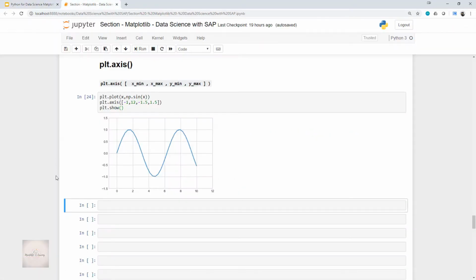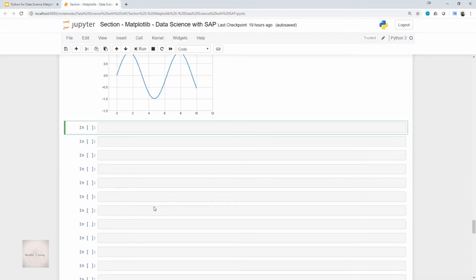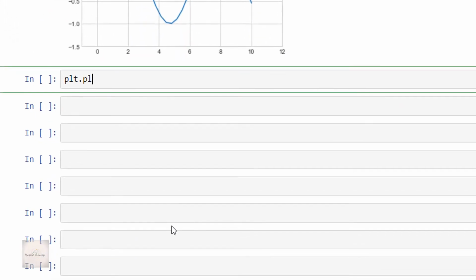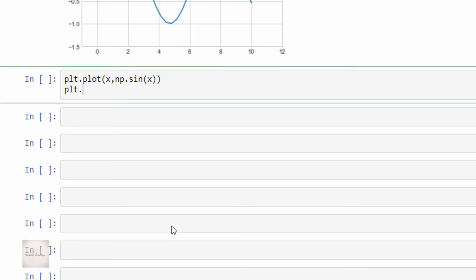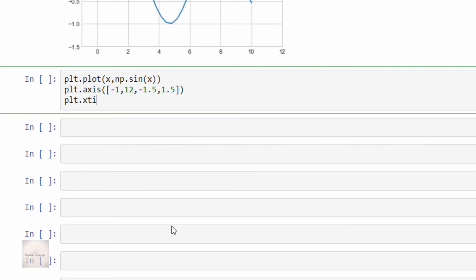Okay, so let's get back to our Jupyter notebook. Here I'll write plt.plot of x comma np.sin of x, and then plt.axis of -1 comma 12 comma -1.5 and then 1.5, and then plt.xticks of np.arange of -1 comma 13 comma step equal to 1.